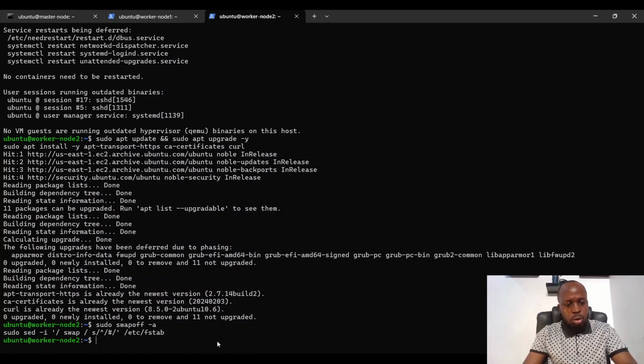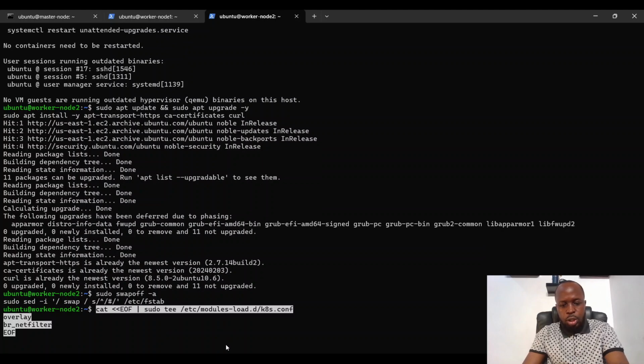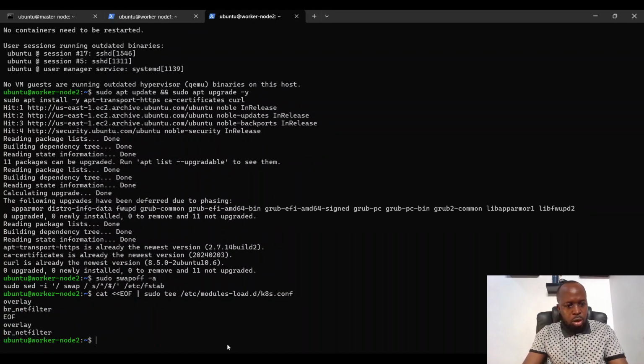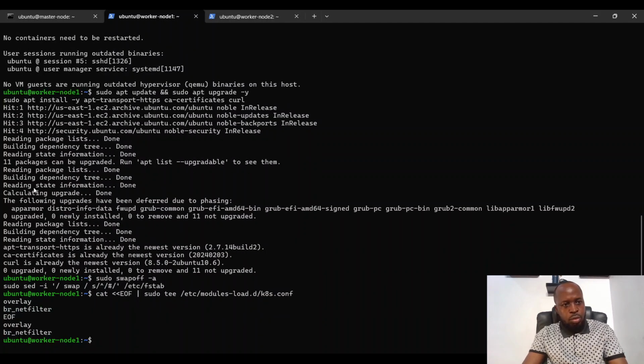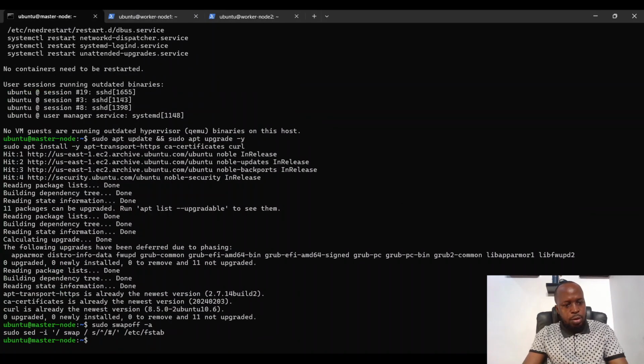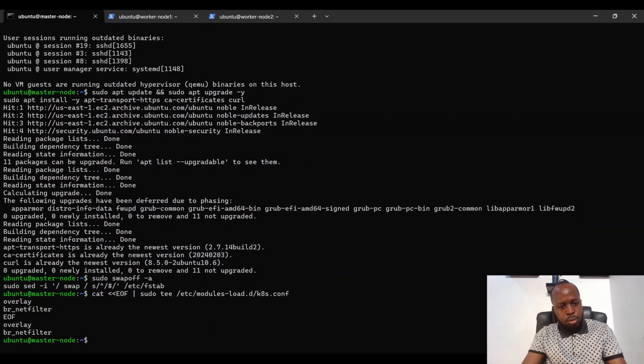So let me start with node 2. Let me just paste. All right, so you do that for the 3 servers. Then for the master. All right, so I've done that. So the next thing now would be to